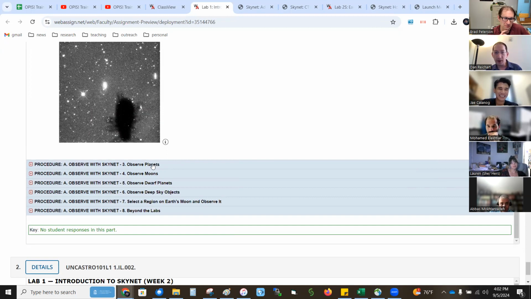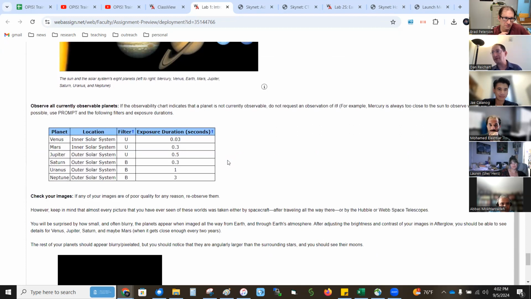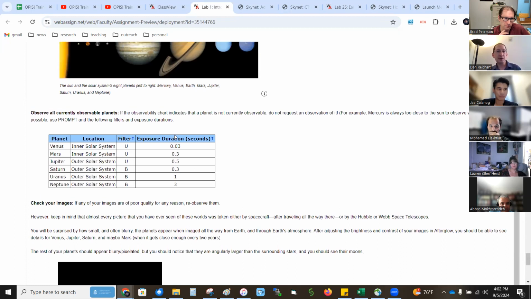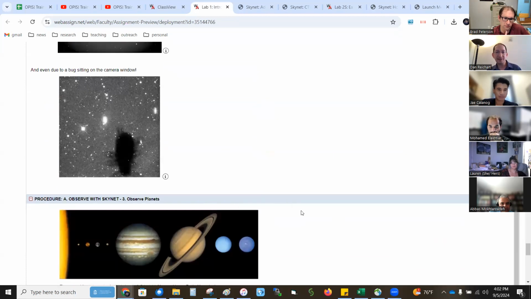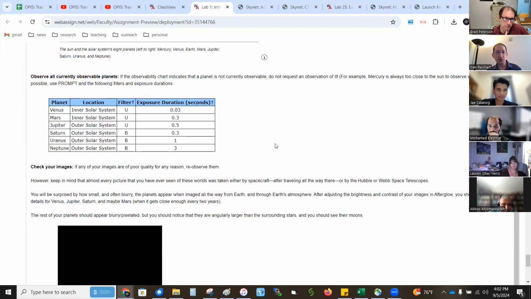These last bits go super quick. So then they put in their observations and make them do it in lab. If you send them home, they may forget to do it until the day before the lab's due. So here we're going to put in the planets. So we have them here. What filter to use, what exposure time.